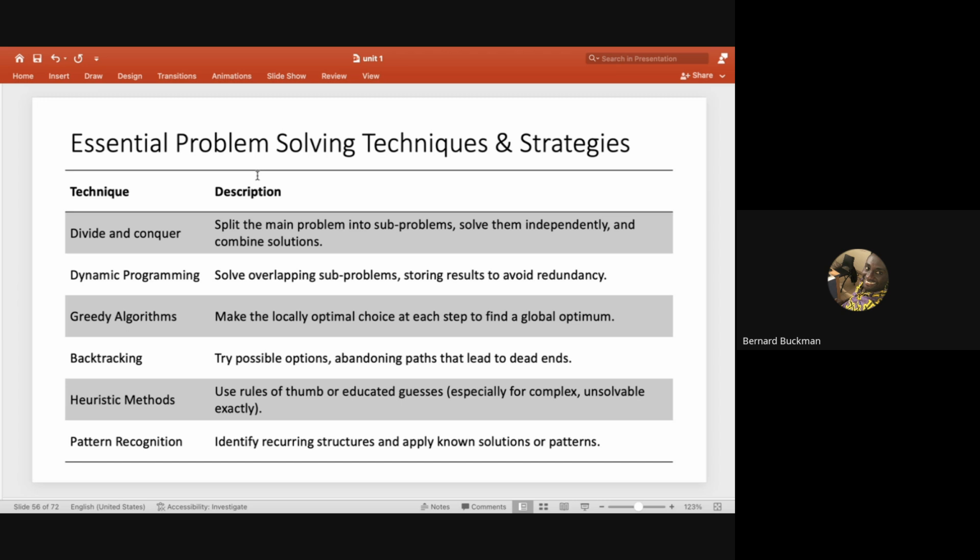Then we have another problem solving strategy called dynamic programming. Dynamic programming here means that instead of solving the problem recursively, when we know the solution to any of the parts of the problem, we don't expand all the parts of the problem space, but only expand the part of the problem space which we do not know the solution for, and then we quickly combine all the solutions.